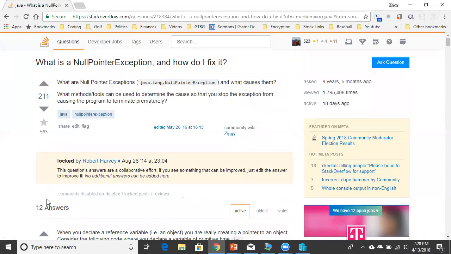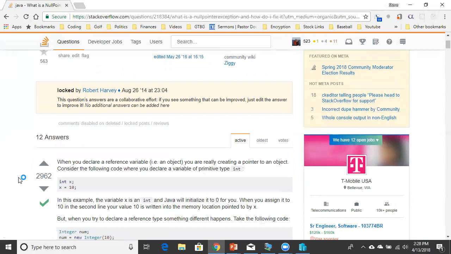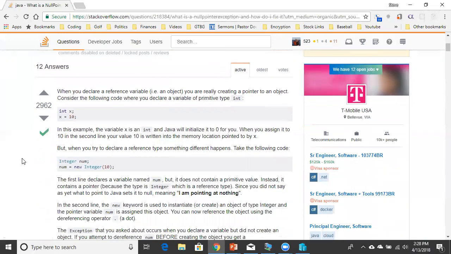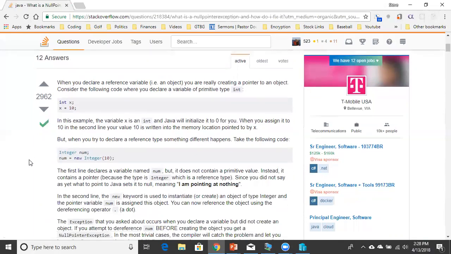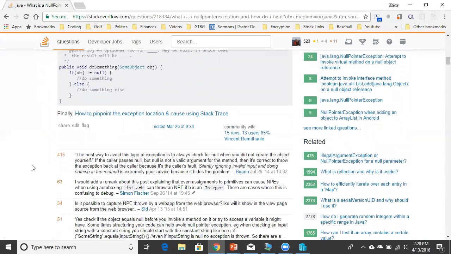Anyway, so then the next thing is I like to go find whatever's been marked as the answer. Okay, whatever's been marked as the answer in Stack Overflow is typically the right answer. So if we look here, I'm not going to read through the whole thing here, but if we were to go through, we would find